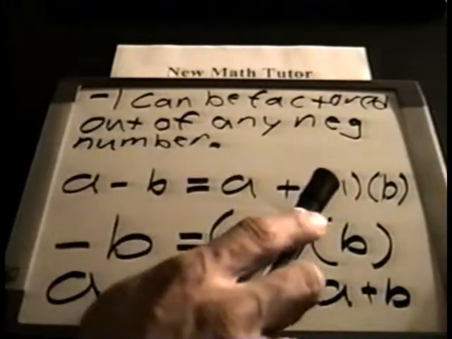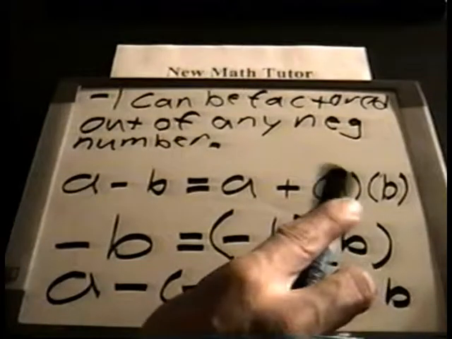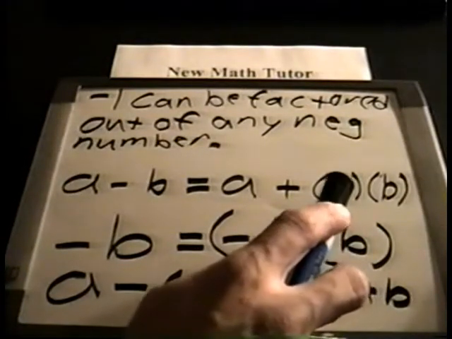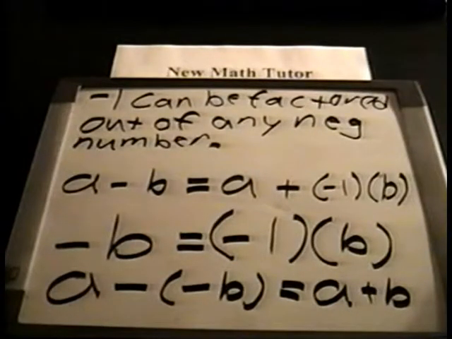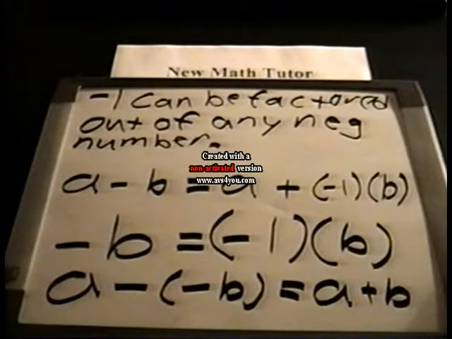So here if you have a minus b, or a plus a negative number, which is also a plus a negative b, you can treat that negative number as